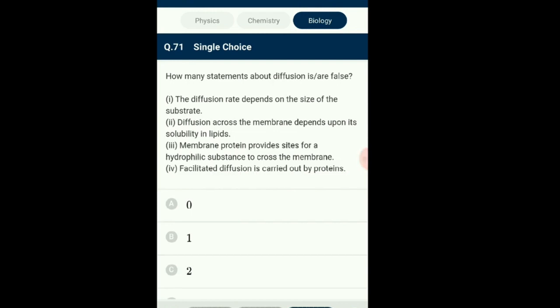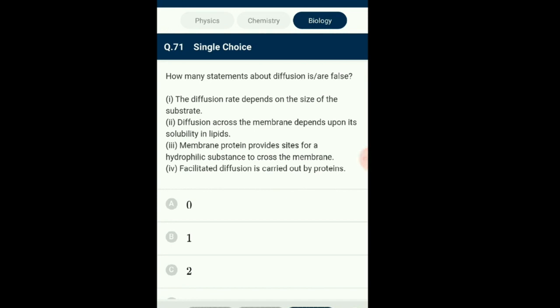Here there are 4 statements given. Diffusion is a slow process, depends on the size of substances. Smaller the size, faster is the diffusion. The diffusion of any substance across a membrane depends on its solubility in lipids. Substances that are soluble diffuse